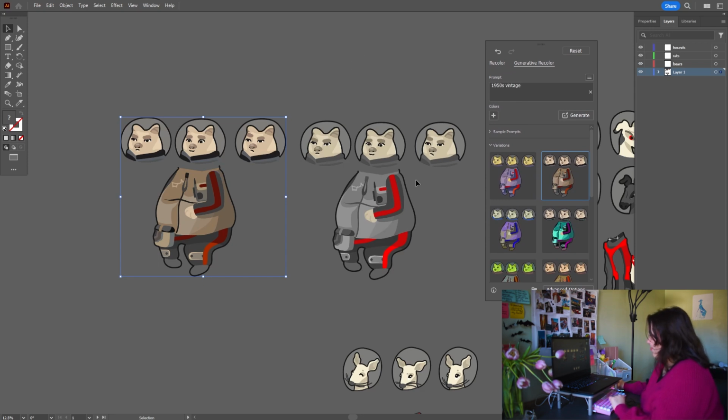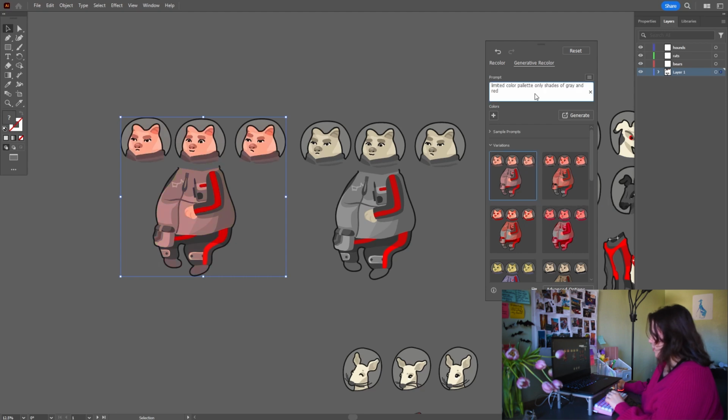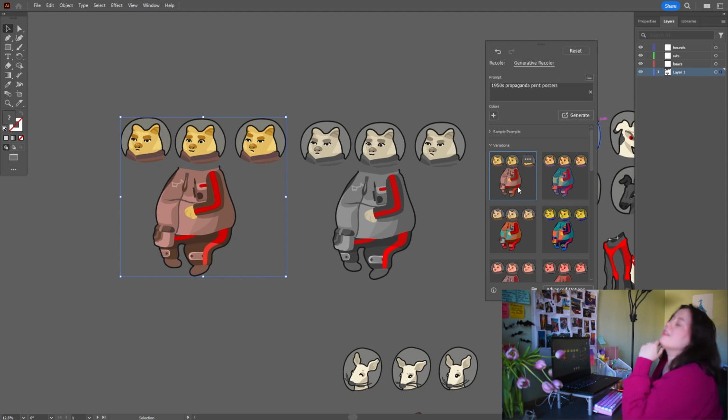Mm, there is a slight variation. Okay, this. Mm, okay, that's not perfect. Okay, 1950s propaganda print posters. So it still does kind of look strange. I mean, for my games, some of them can definitely work,